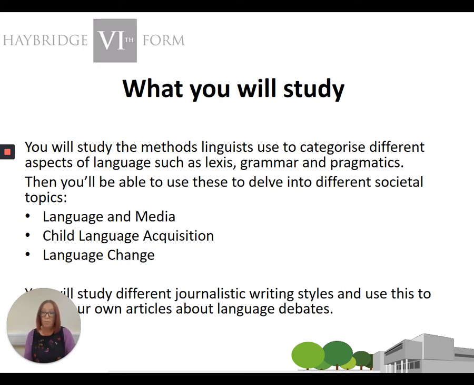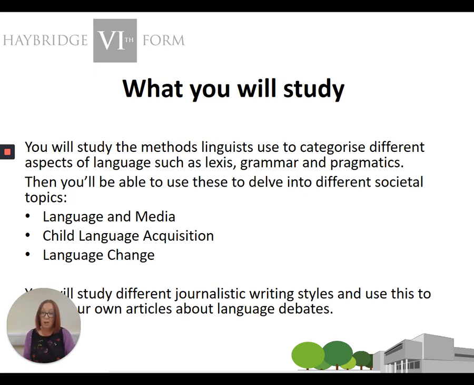So for example, we look at language in the media. And when we're looking at that, we look at things like how language is used to create power, to influence people in all sorts of different situations, including, obviously, media representations. We look at all the different theories about how gender might or might not influence the language that you use and the language that's used to talk about you. We also look at how new technologies have changed language use and how we use technology to communicate.